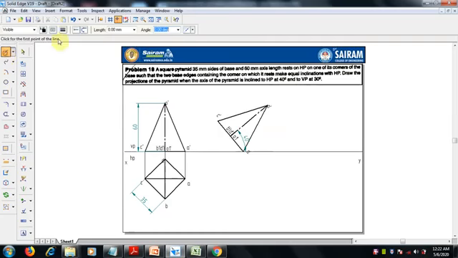Then go for the line command, then we have to draw the top view. Project the end points, select end points and project vertical projection lines. That's it.